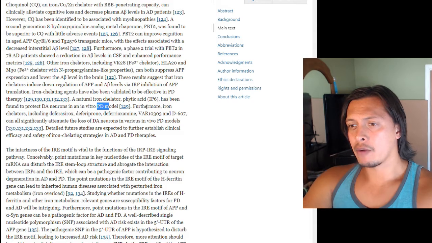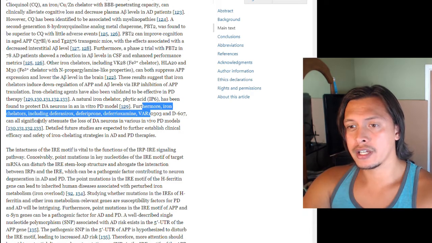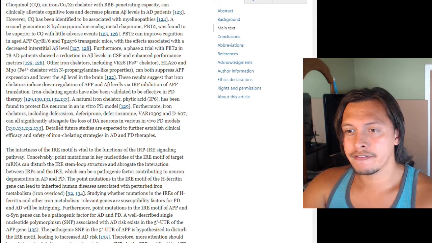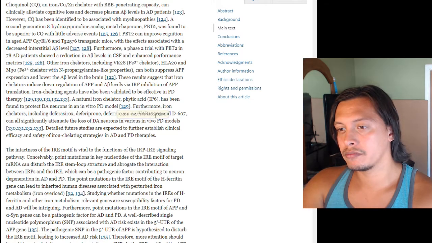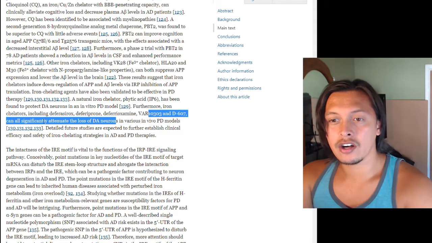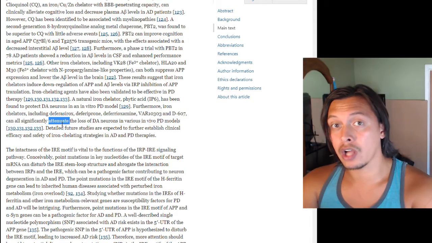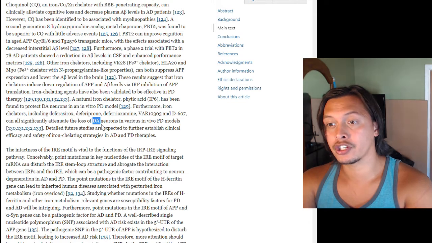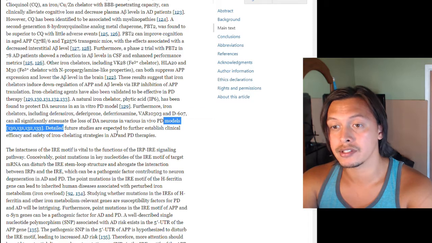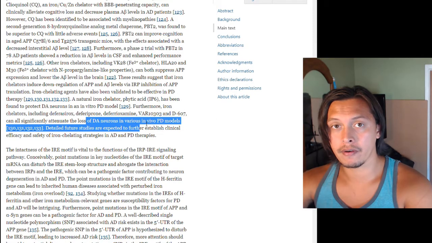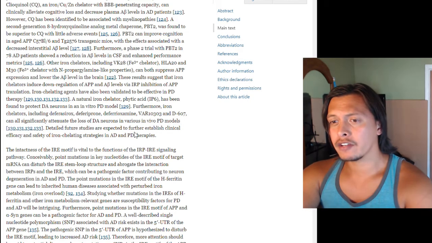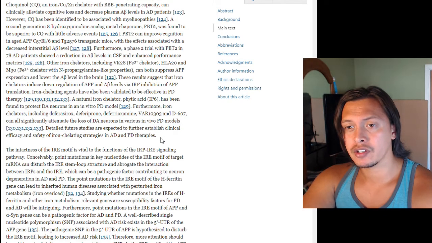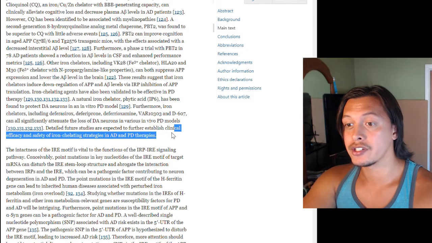So regardless, furthermore, iron chelators, including deferasirox, deferiprone, and deferoxamine, can all significantly attenuate the loss of dopaminergic neurons in various in vivo Parkinson's disease models. So a lot of these iron chelators are very beneficial at protecting your neurons. Detailed future studies are expected to further establish clinical efficacy and safety of iron chelating strategies in Alzheimer's disease